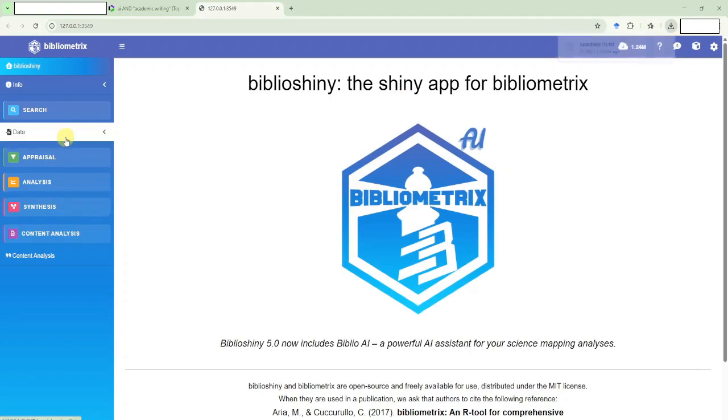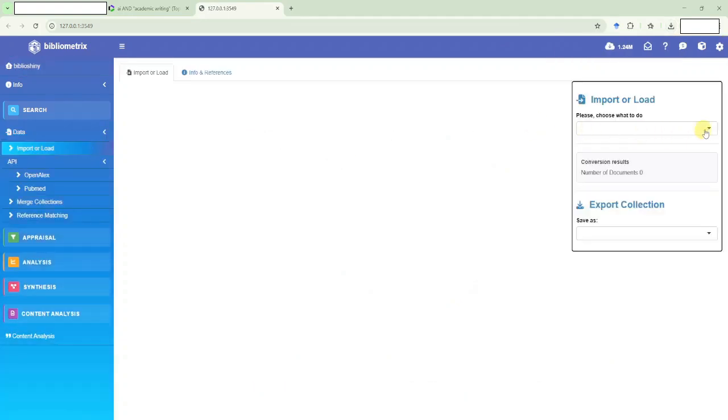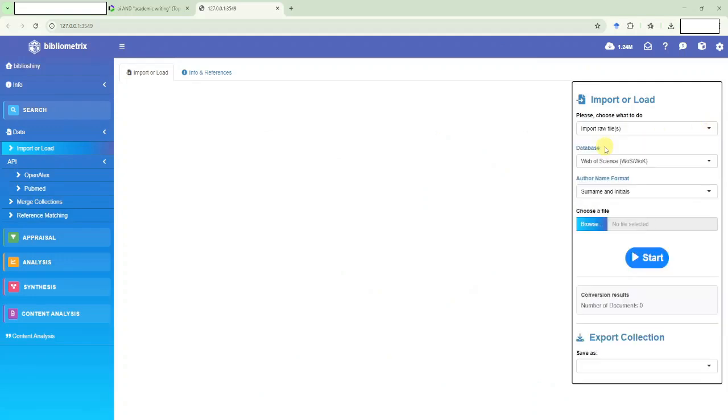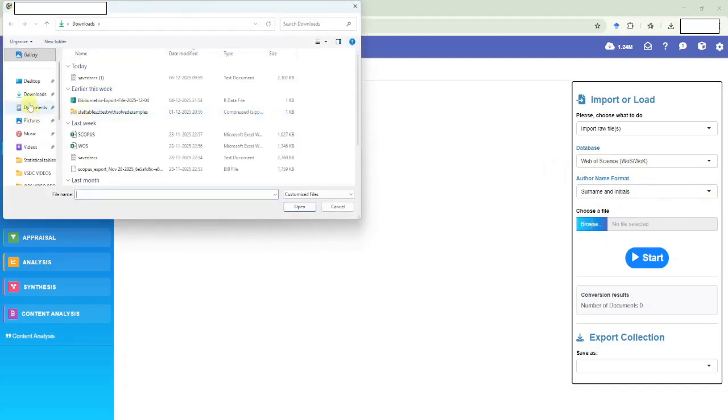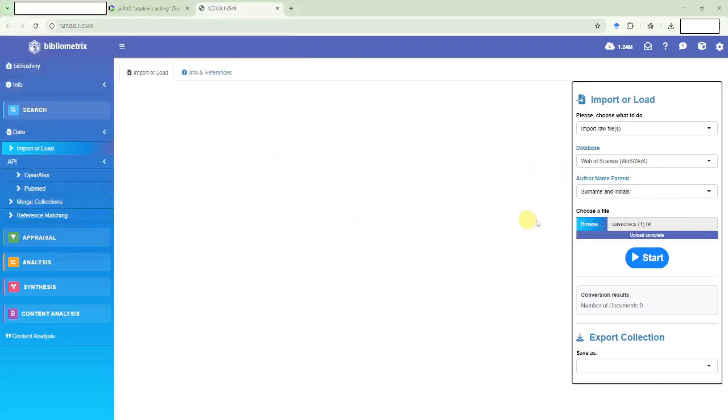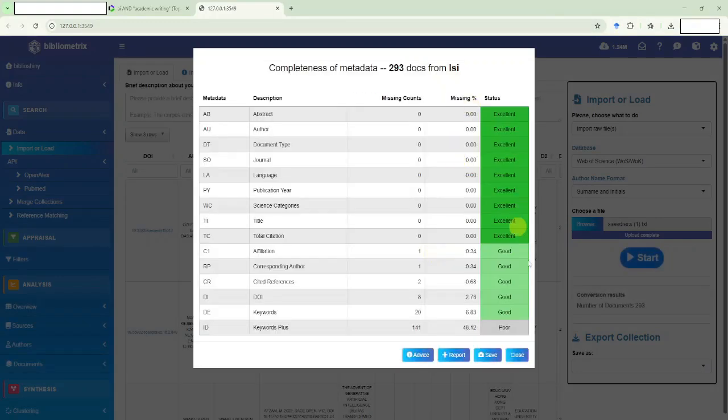So now I import the data: import or load data, import raw file, which we have taken from Web of Science. So I select Web of Science. You have so many options over here for the database from where you have taken the file. In our case it's Web of Science, and then surname and initials, that is okay. Browse, I go to this saved records and bring it in, start. So there are 293 documents, as we saw. You see everything is present over here in good condition